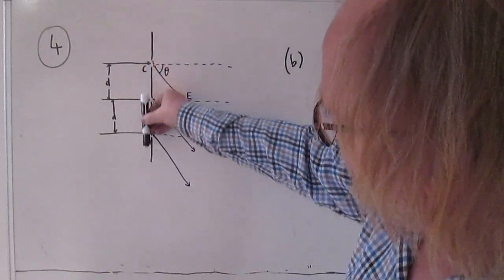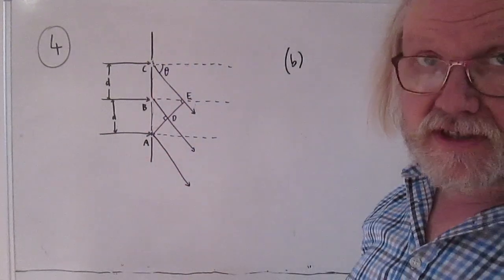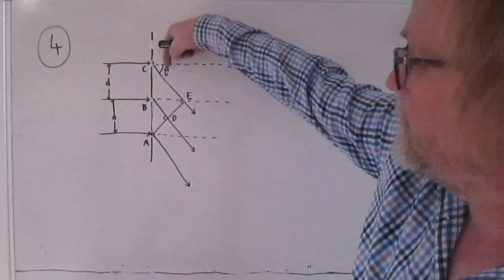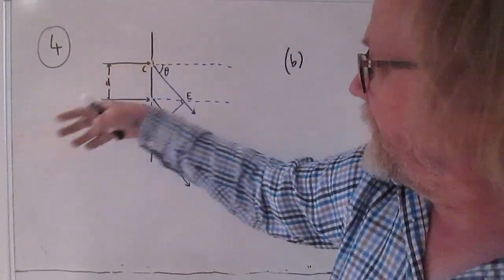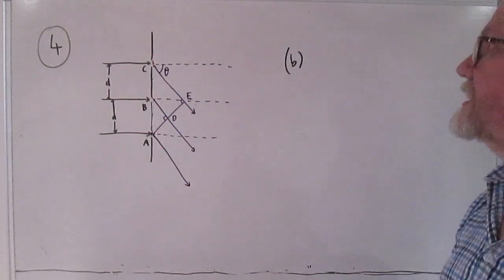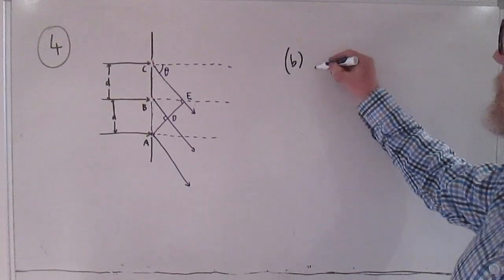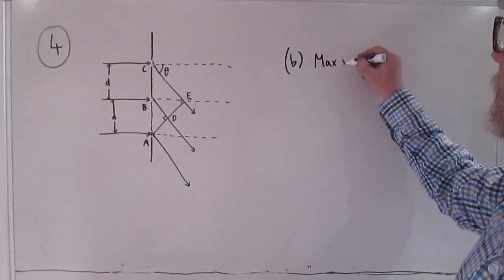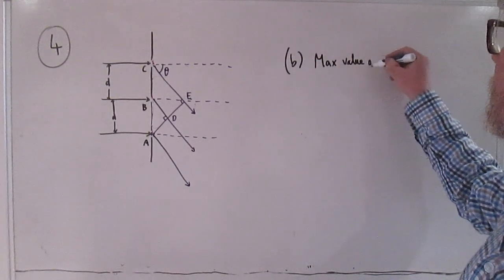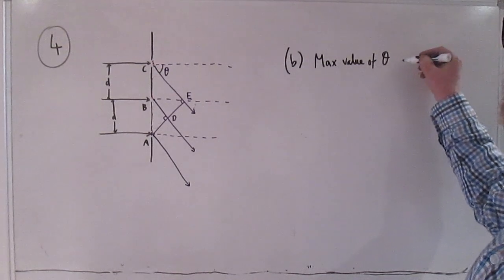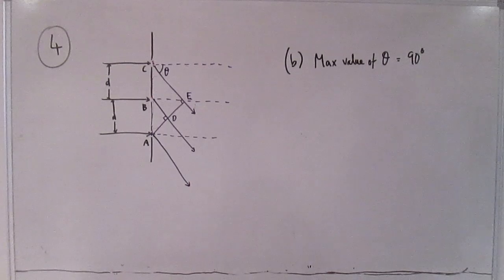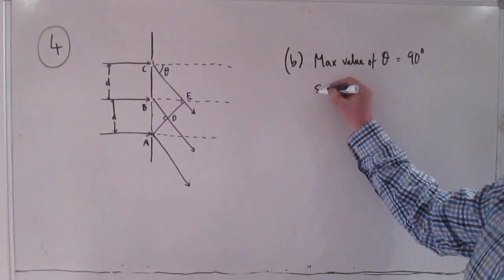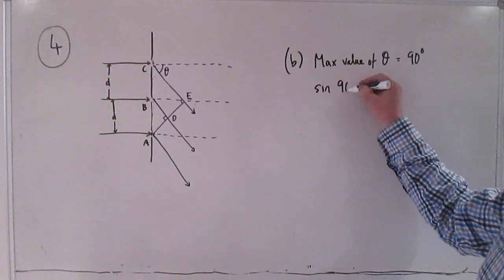And of course the maximum angle of diffraction is 90 degrees, because you can't bend it more than that. It would be bending back the other way, then you wouldn't be able to detect it. So that's the starting point, that the maximum value of theta is 90 degrees. And of course the sine of 90 degrees